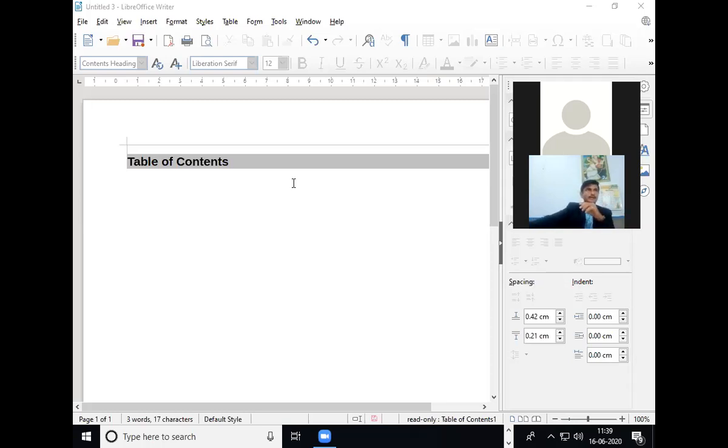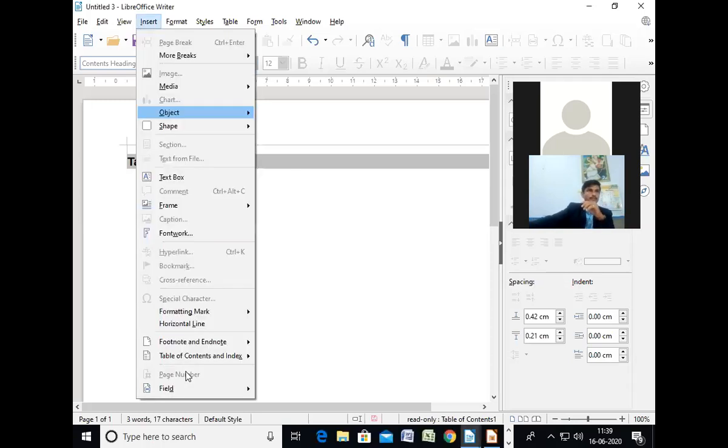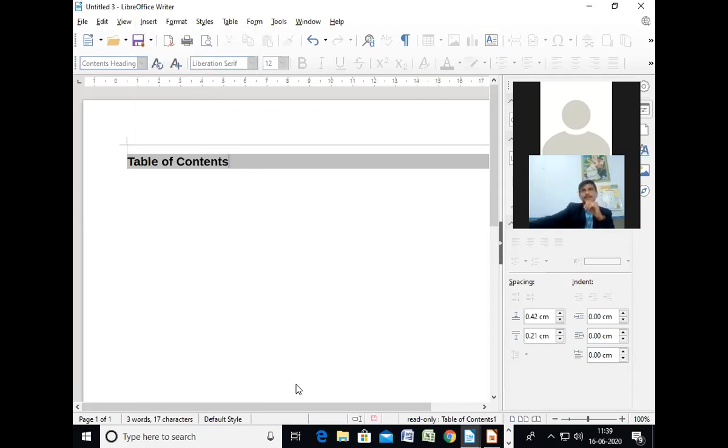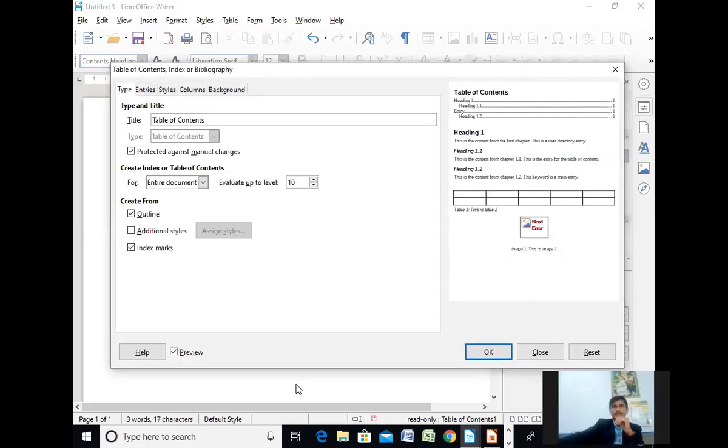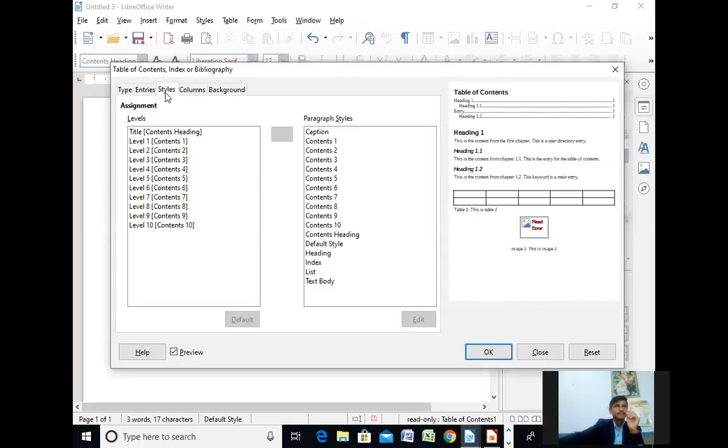You will get it from here. See, properly all these things we will get style. See here. Then you can click on the Edit button.